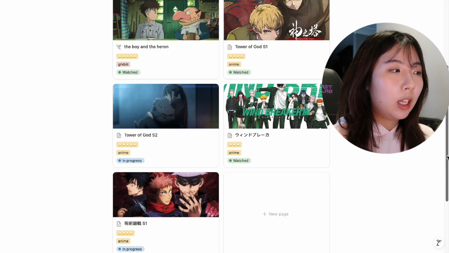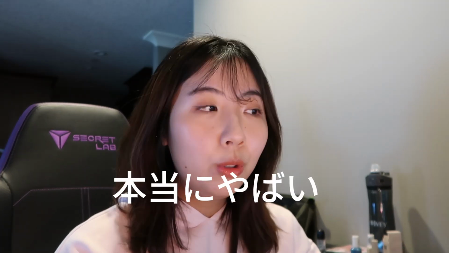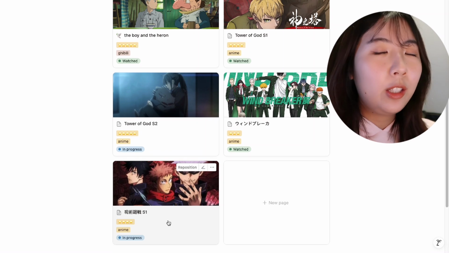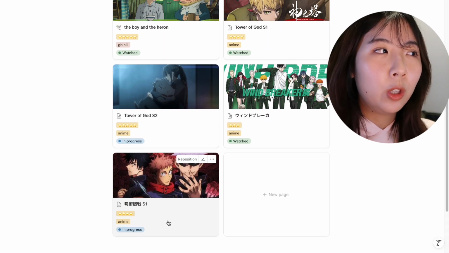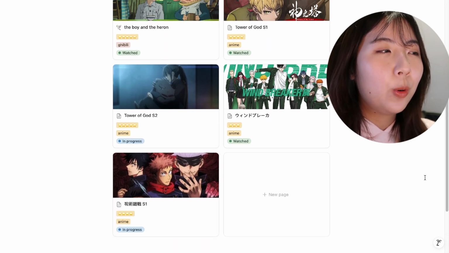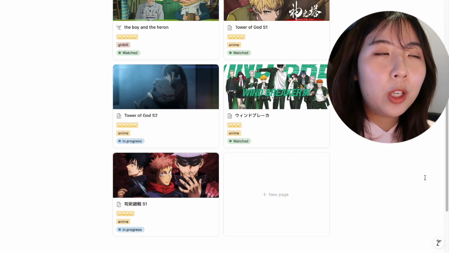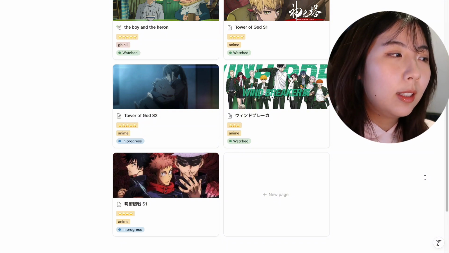Recently, I've been watching Jujutsu Kaisen. Yabai. Hontoni yabai. I already knew what's gonna happen because of the spoilers online. So I'm kind of scared to continue watching it. I know it's good, but